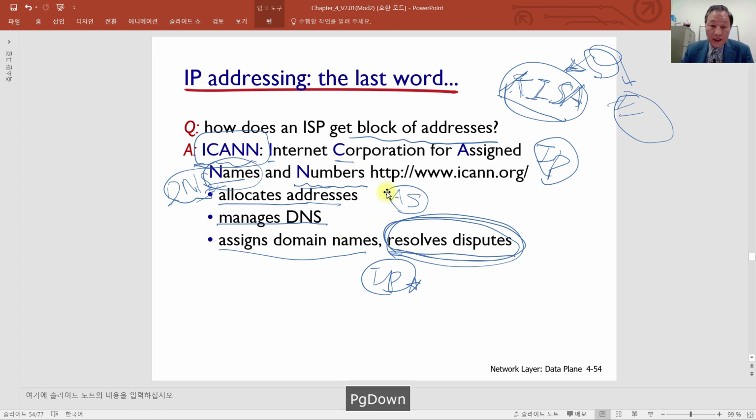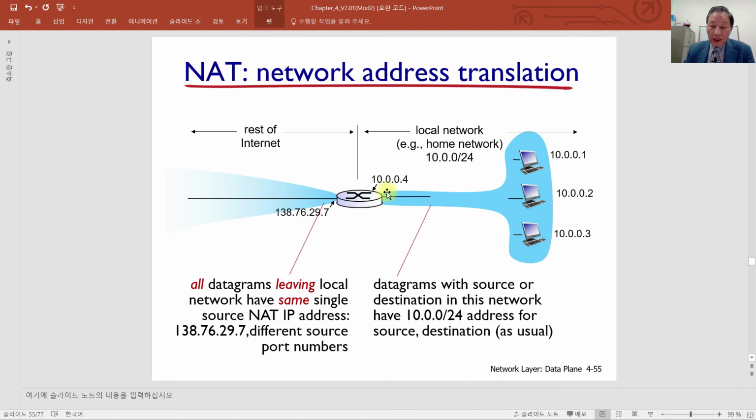Okay, let's move to the next. Okay, this is a good point to wrap up here, and we'll continue this discussion later in the next